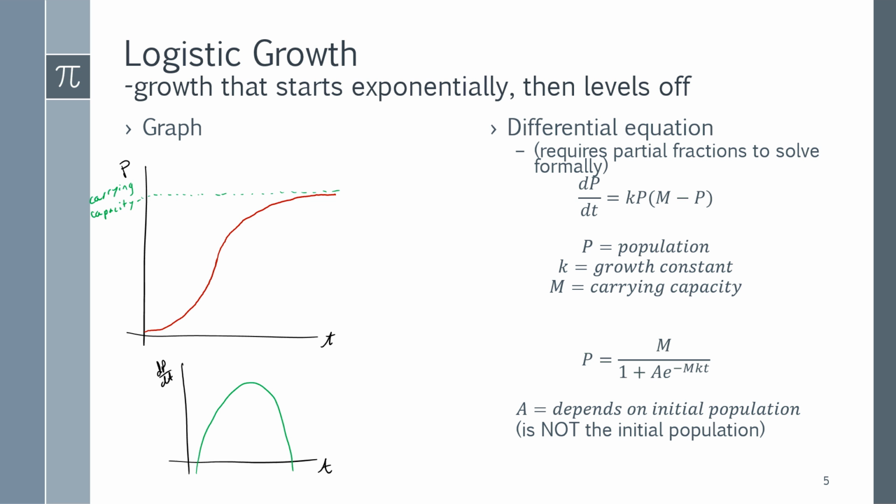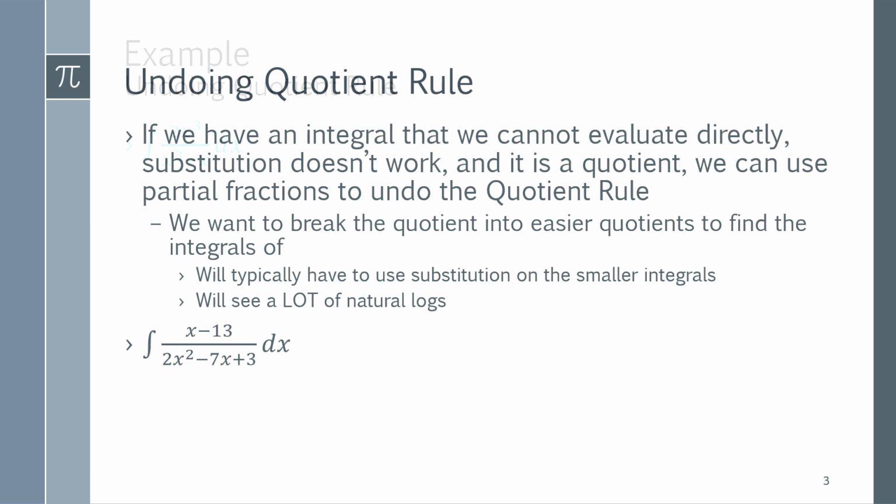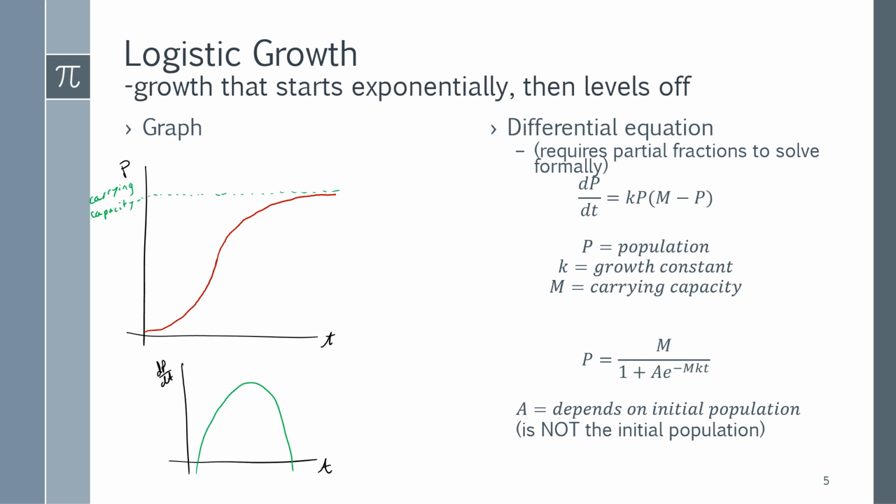Because if I multiply out, I have P squared. Negative P squared means it's going to be opening downwards. Because of this,